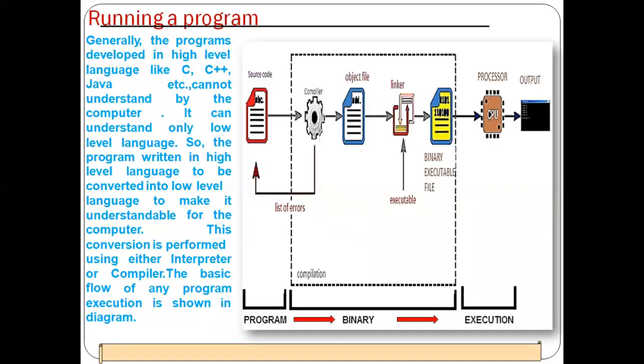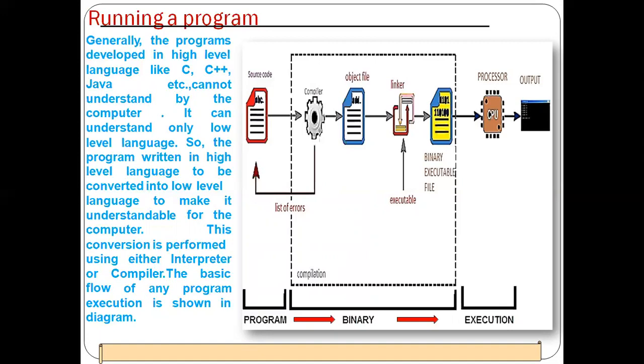executes line by line. If there is an error in the first line, it stops there only and doesn't move to the next line. So interpreter means line by line. In a compiler, in one go, the whole program is compiled and the errors are sent line by line. In an interpreter, first it converts the high level Python program into machine language, then it interprets and executes line by line.